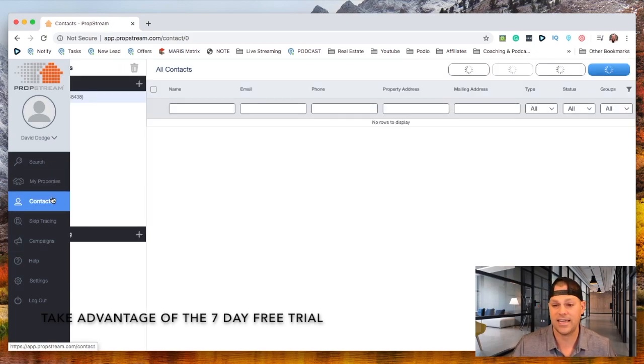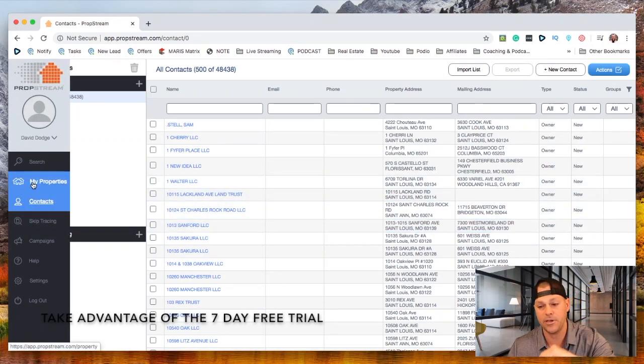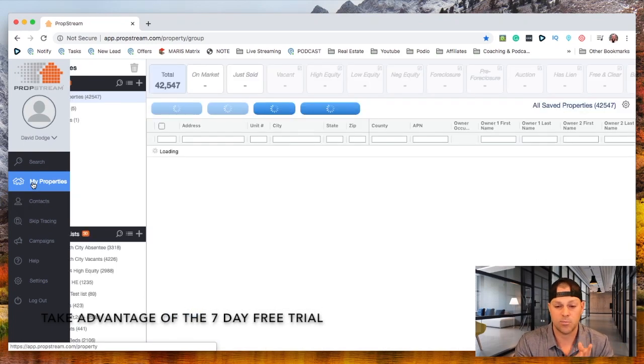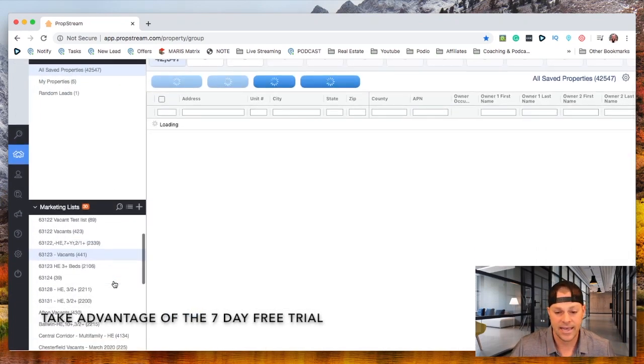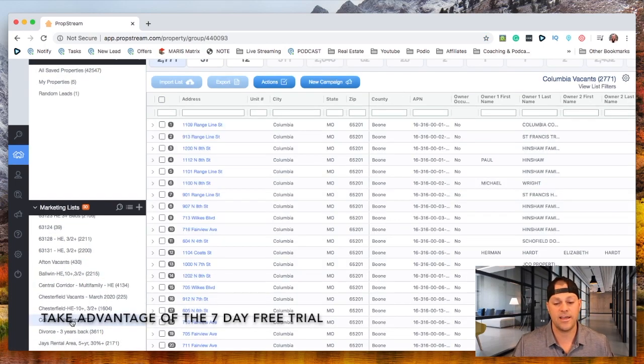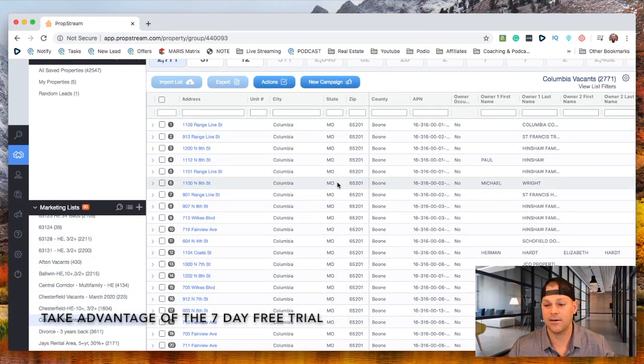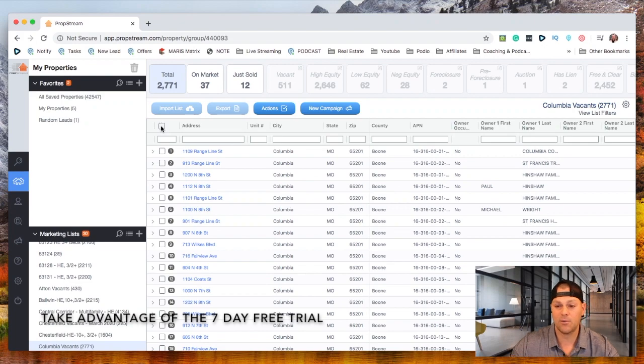So it does have a contact management area, and these are all the contacts of the individual property owners that we have over here. Properties is really where I want to be today, and we created a thing called Columbia Vacants. So if I click on that, and again, these are not all vacants, we had named it that, and then we had moved some high equities in there, right? I could rename that, but it doesn't even matter. It's not worth my time doing that. What I want to do is export this list, so I can take it over to my mail house and mail it, or probably go skip trace it so my team can cold call or cold text